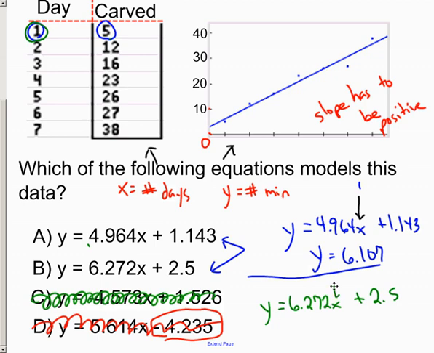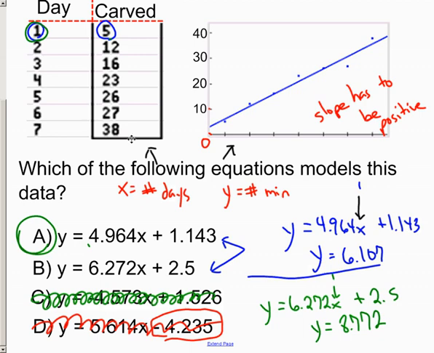So our 1 goes in right in there for the x, and we multiply it, and then we add them up. 6.272 plus 2.5, and I see that y would get us 8.772. Of these two equations that we have left, which one is getting us closest to 5? It's definitely A, and that's why we would choose it, not because it's getting us exactly 5, but because